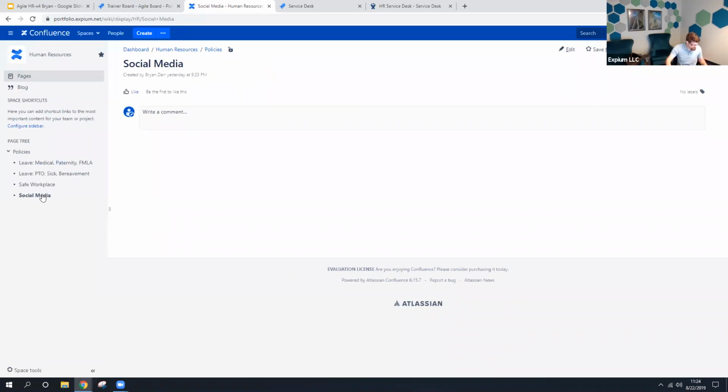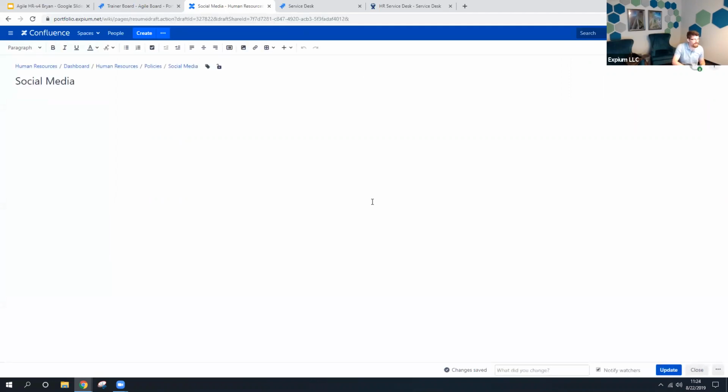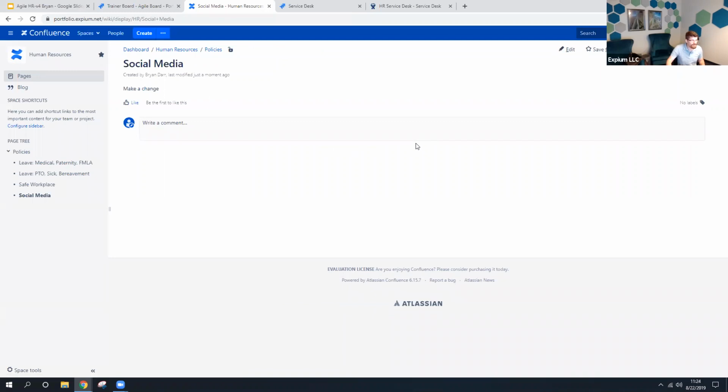And what is really nice about this is it's just a view page. If I have rights to edit, I can click edit and make a change. And down here, I can have it automatically notify people that want to be notified. So you can subscribe to the HR space and get updates about changes to it. And once I update, and then if I make another change